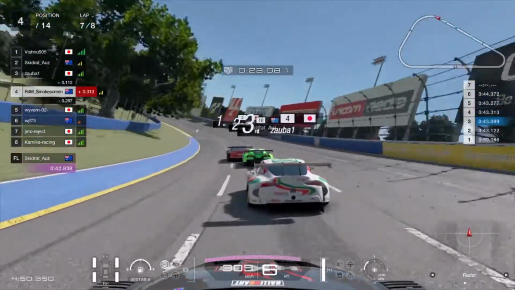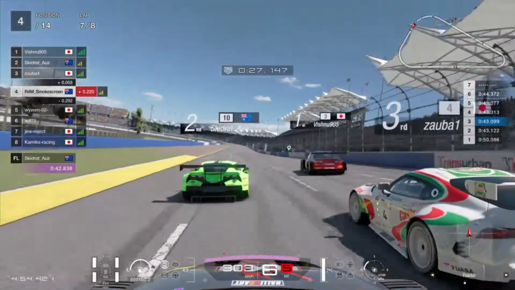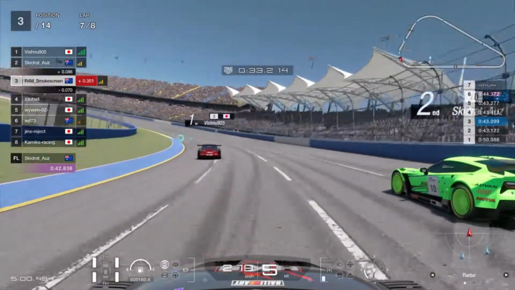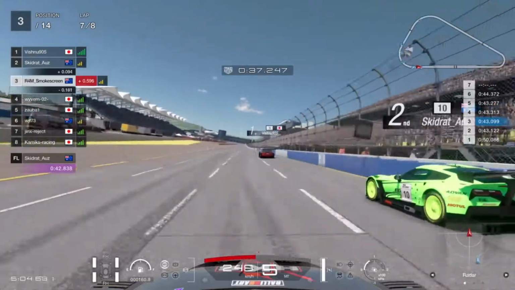We've got 4 cars in a train. I've got someone pretty much 3 tenths behind. Almost got the inside of the Supra there. Quickly go into the inside of the Corvette here. A little bit of contact on the outside. I've got another car coming in behind me, but in the end,